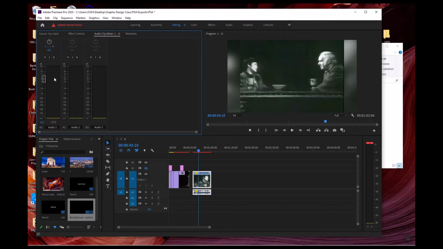And it may sound good on headphones or on the computer, but later on when it gets played back, it's just not going to sound good. Whenever you see anything in one of these audio tracks that's bleeding into the red, that means you're going to have what's called clipping. And clipping is really bad. It just sounds really bad and distorted. So what you want to do is on each of these